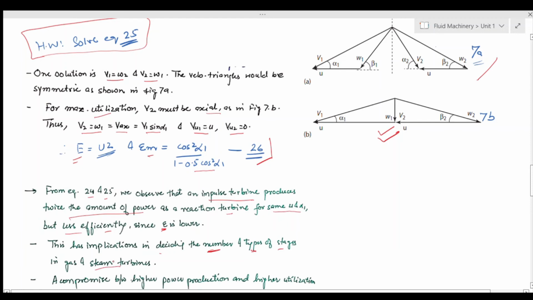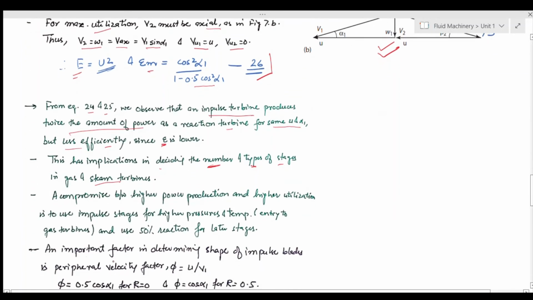Now this thing has implication in deciding the number and type of stages in a gas or steam turbine. यानी कि शुरुआत के अंदर में इनलेट पे हम कौन सी स्टेजेस यूज, कौन सी टाइप ऑफ स्टेज यूज करें, क्या इम्पल्स स्टेज यूज करें यानी R इक्वल टू 0 वाली स्टेज यूज करें या R इक्वल टू 0.5 50% रिएक्शन स्टेजेस यूज करें और कितनी यूज करें, and we would get the answer a bit when